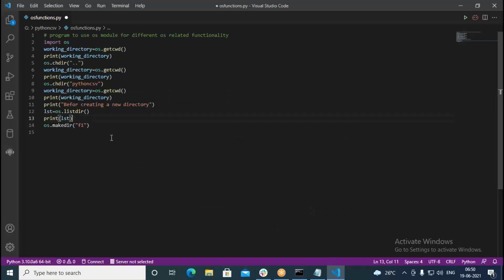Next, I created the F1 folder in the Python CSV folder. Now again I go with the print statement.